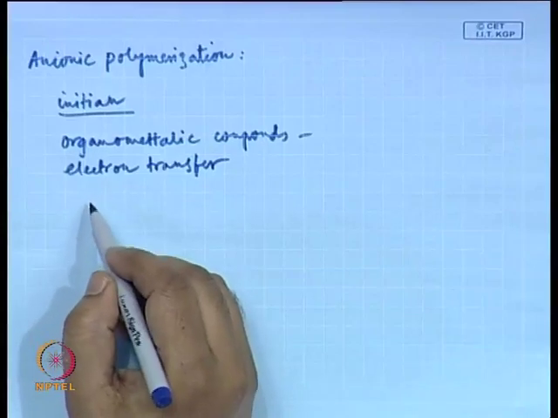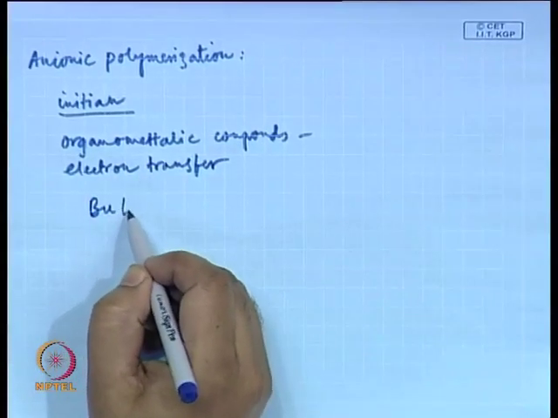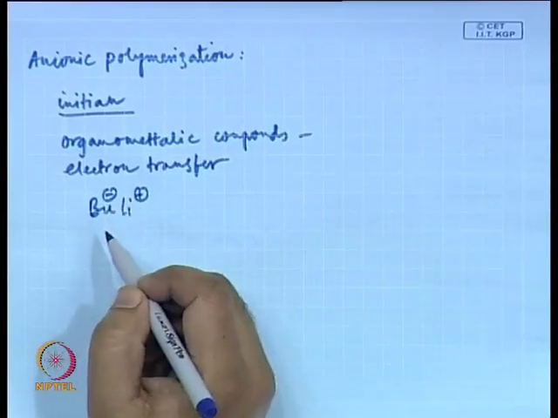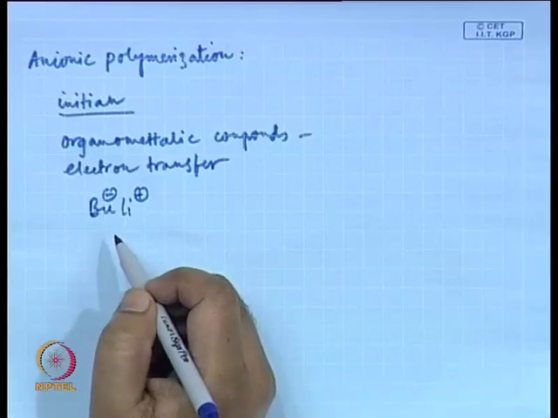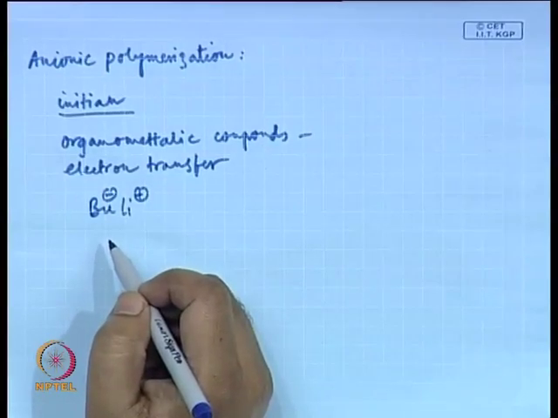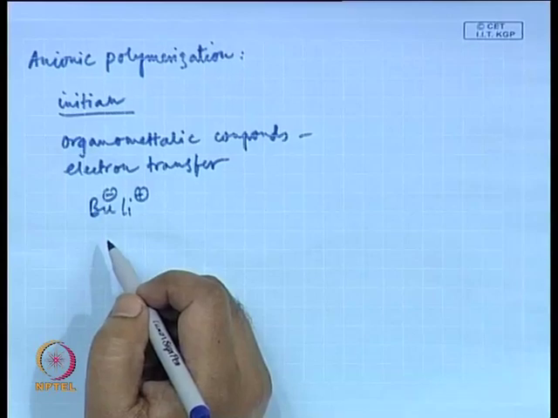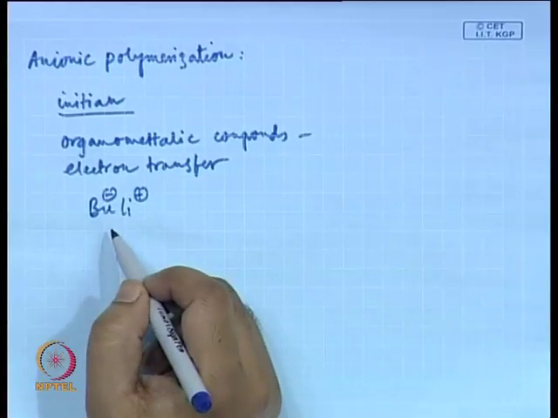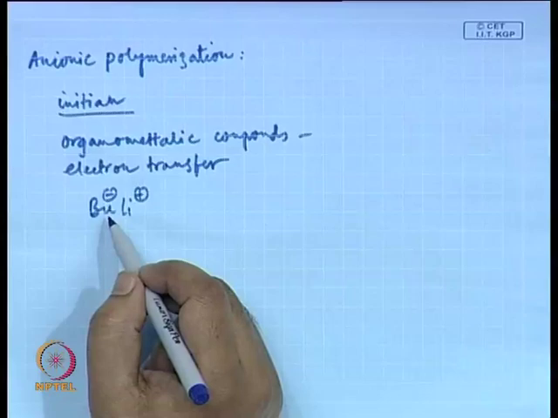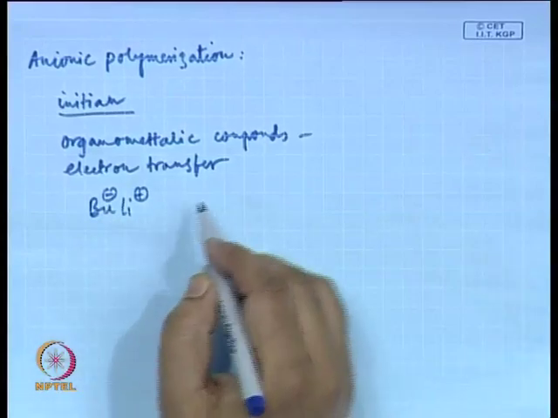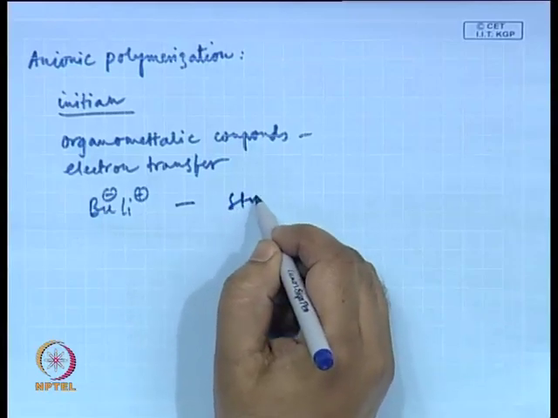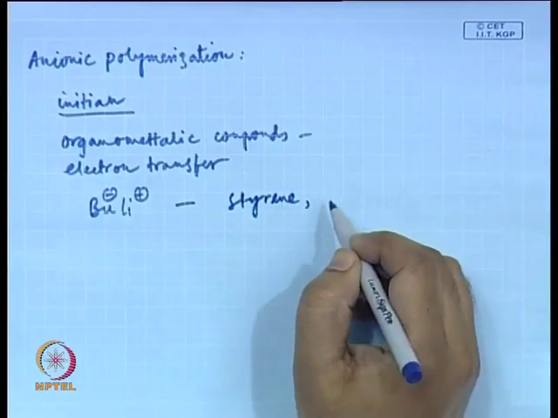Recollect from our discussion last time that we gave the example of butyl lithium, which is a very strong nucleophile. The monomers which do not propagate with a highly stabilized anion require this strongly nucleophilic anion. So, this can be utilized to initiate anionic polymerization of, say, styrene, isoprene,